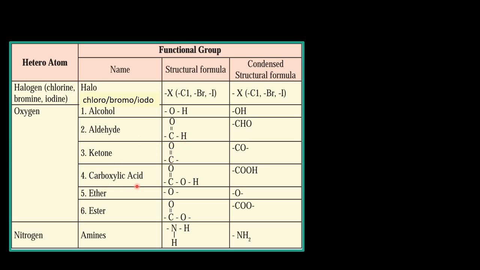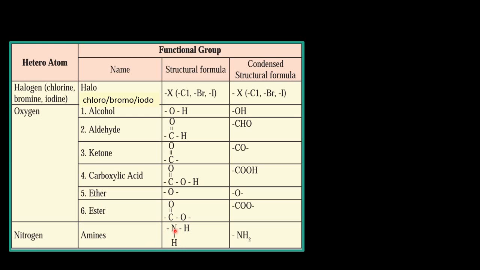Then carboxylic acid, which contains one carbon, two oxygen atoms and a hydrogen. Then ether with only an oxygen atom. Ester with carbon and two oxygen atoms. In all the 6, oxygen is the heteroatom. The next one is nitrogen being a heteroatom in a group called amines,